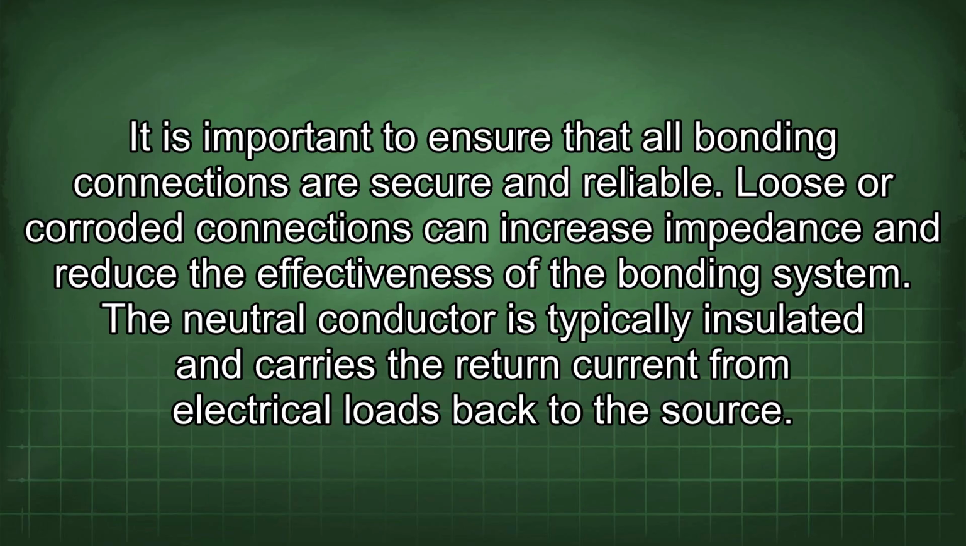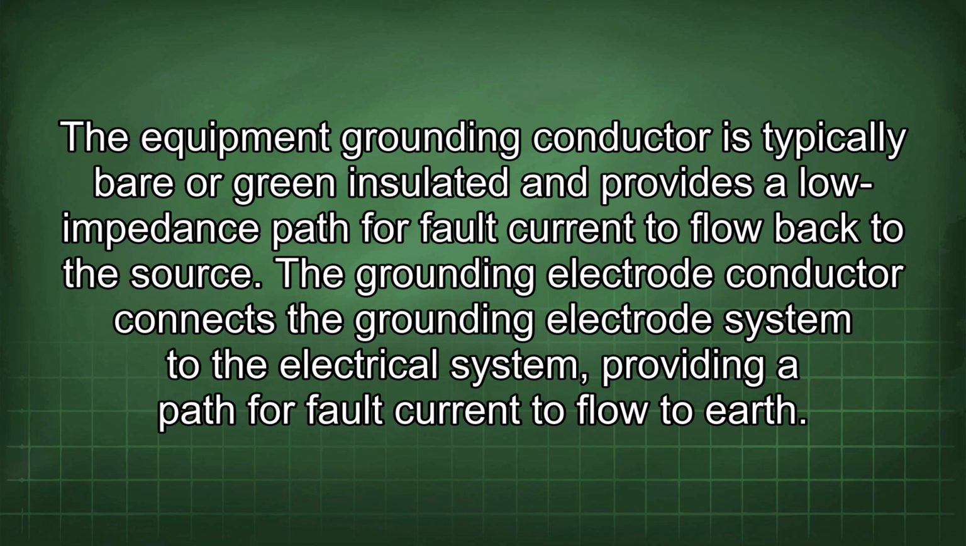The neutral conductor is typically insulated and carries the return current from electrical loads back to the source. The equipment grounding conductor is typically bare or green insulated and provides a low impedance path for fault current to flow back to the source. The grounding electrode conductor connects the grounding electrode system to the electrical system, providing a path for fault current to